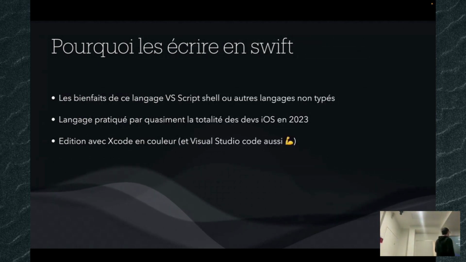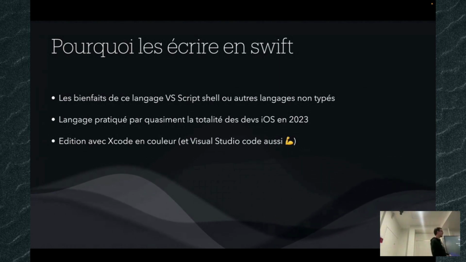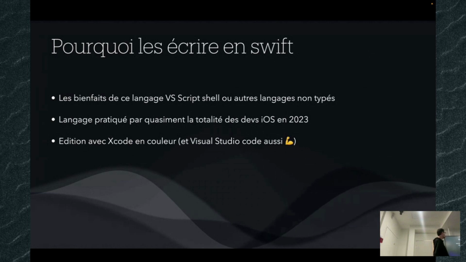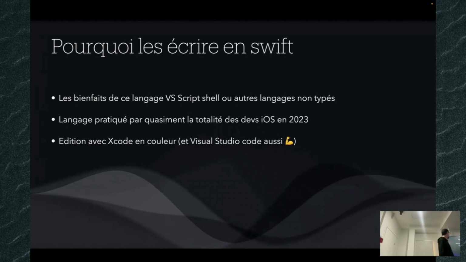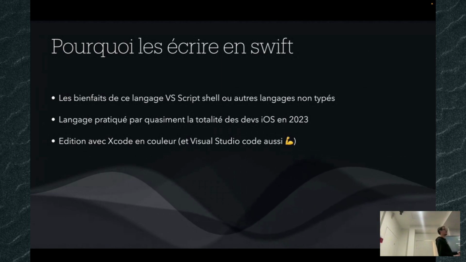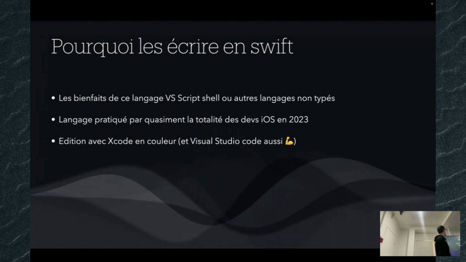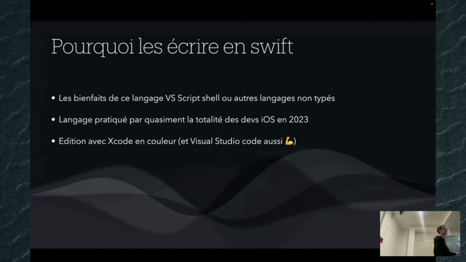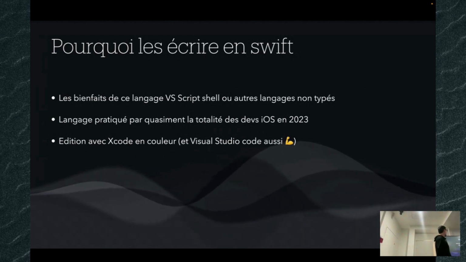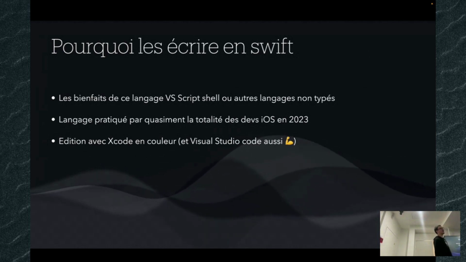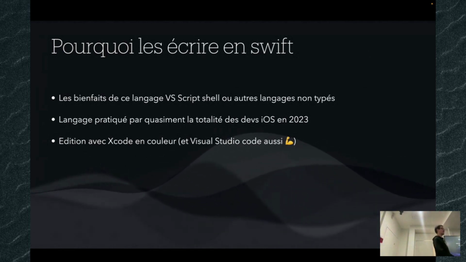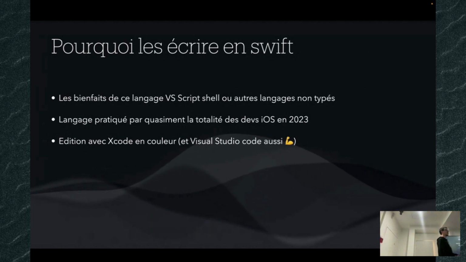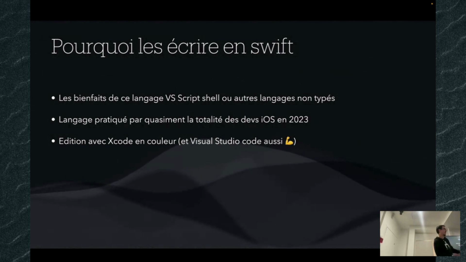So it's a big question: why should you write in Swift? Because by default, it's shell script. Swift is not an old language, right? Shell script has existed for a long time, everybody knows, so there are a lot of source examples of Git hooks written in shell script. But we decided to write them in Swift because there are some advantages, such as types. It's strongly typed, which is not the case for shell script, for example.